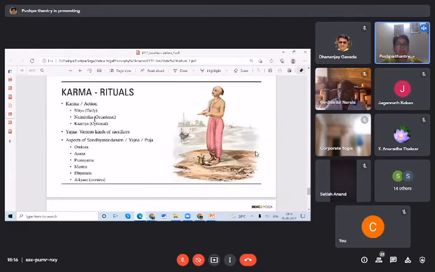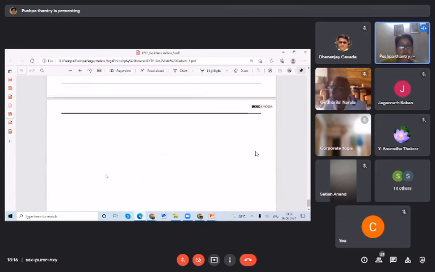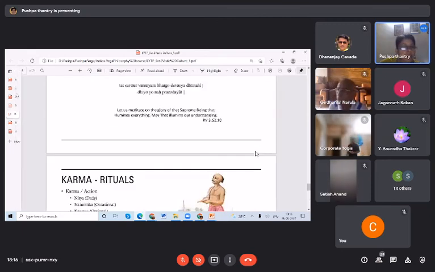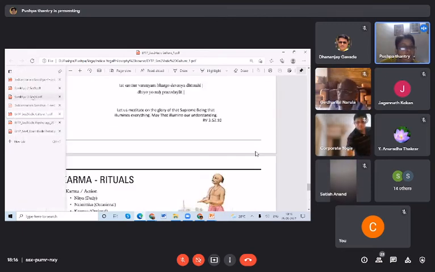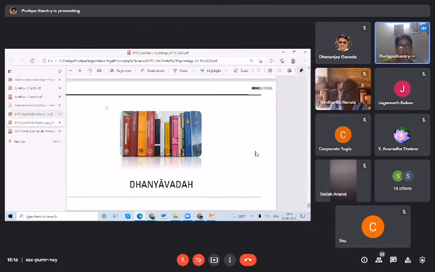The importance of karmas are there in the Vedas, and there are nitya karma, occasional naimittika karma, kamya, optional karmas, yajnas, and various kinds of sacrifices, and aspects of yajna puja, which includes the omkara, asana, pranayama, mantra, dhyana, and the aikyam, oneness with the universe. So this is in brief. I will go to the next.